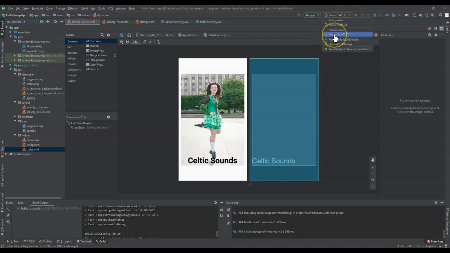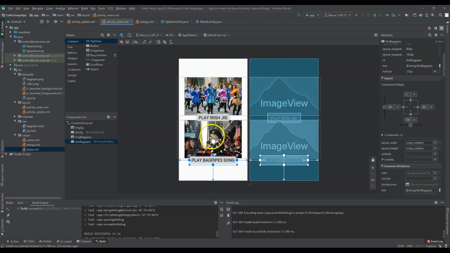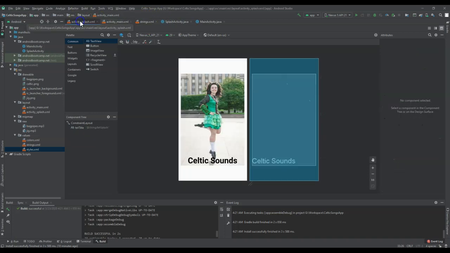The one that I previously used on all my other applications was the Nexus 5X. For this one, I just created the Nexus 5 and had to readjust some of my pictures and formatting, just to make sure that, even though it looks a little weird on here, it comes out in the emulator just fine. So now that that's taken care of, I'm going to go over what I did with